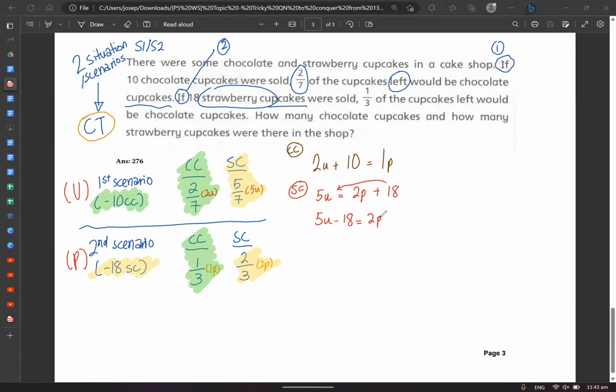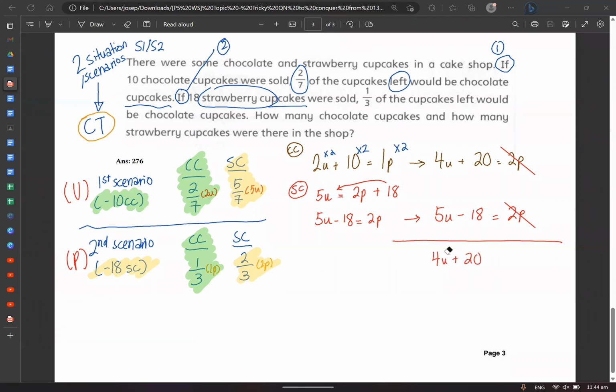You understand so far? Now, your job as a student is to always remove the mystery boxes. Too many mysteries already: 2 units, 1 part, 2 parts, 1 unit. So what we want to do is make the parts the same. Why? Because when I make the parts the same, I can cancel them out. So for my chocolate, 4 units plus 20 is equals to 2 parts. Can you all see that? As for my strawberry, I still have 5 units minus 18 is equals to 2 parts. Because there are parts and parts, I can cancel this out. Agree so far? Because both of them are equals to one another,